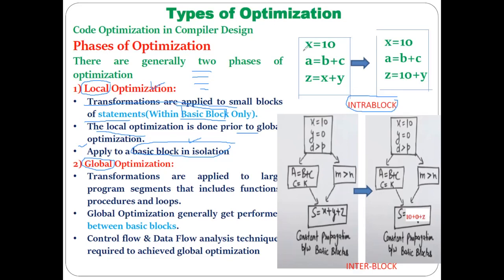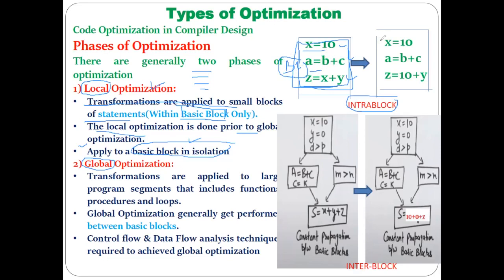Now if you see, this is the example. For example, you have statements like x equal to 10, a equal to b plus c, and z equal to x plus y. There is no jump instruction in between these, so these instructions will get executed sequentially. This is a sequence of consecutive statements. That is the reason we can call this one particular basic block. Understood? Now if the optimization is performed in between these three statements only, within this basic block, for example we call it basic block 1, then that is called a local optimization.